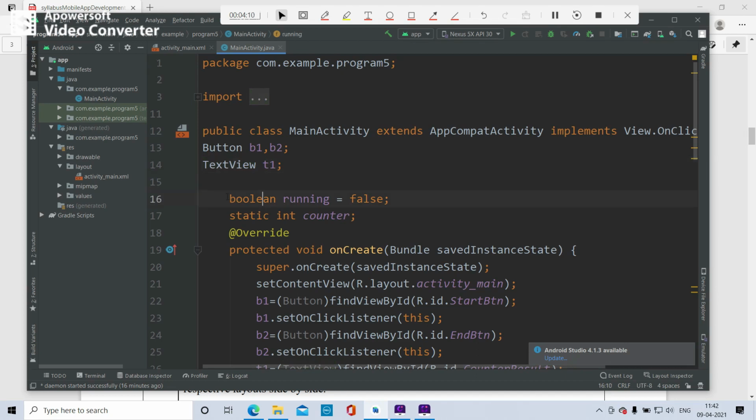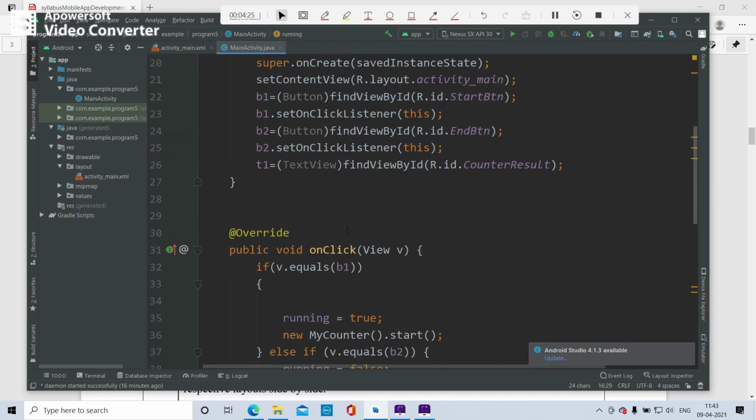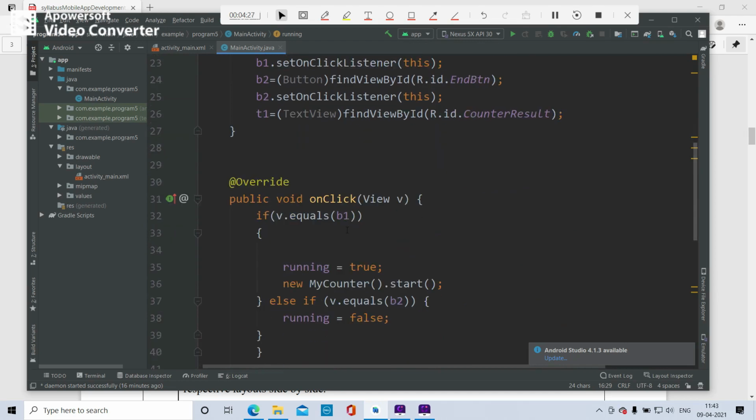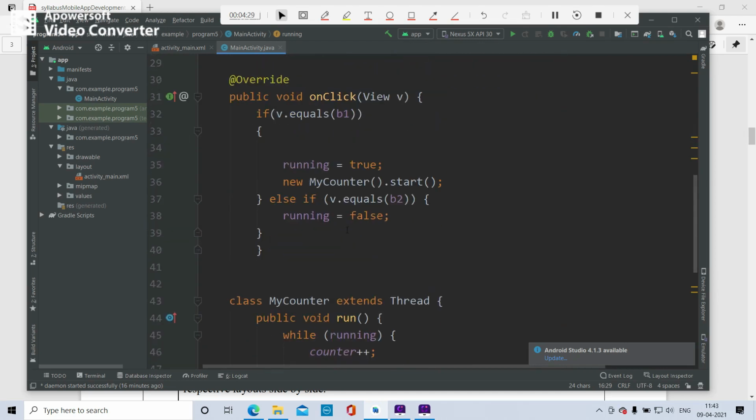Now there is a boolean variable running, which is initialized to false, because here we are making use of threads. We need to run the thread, and there is a counter also. We need to create a counter.